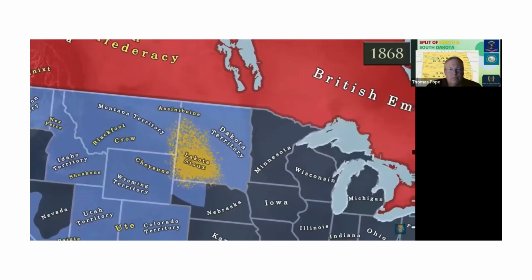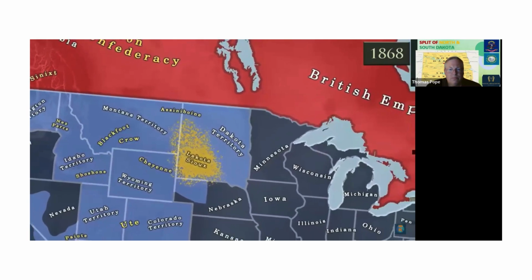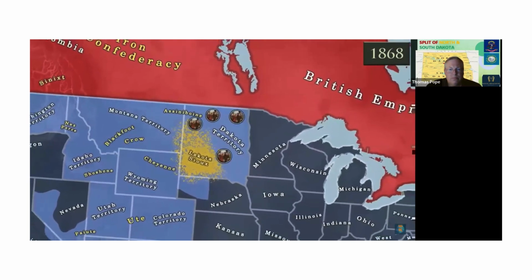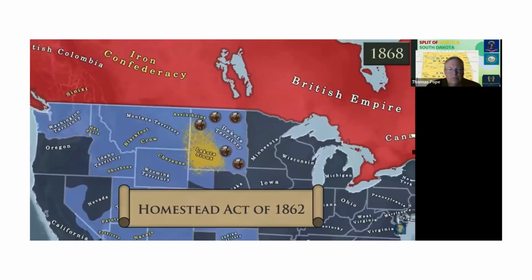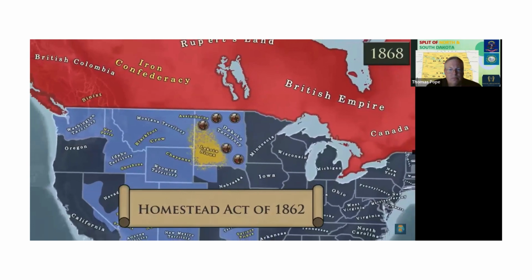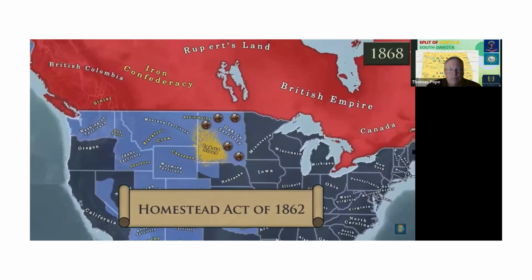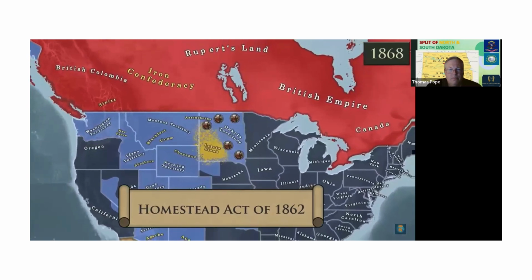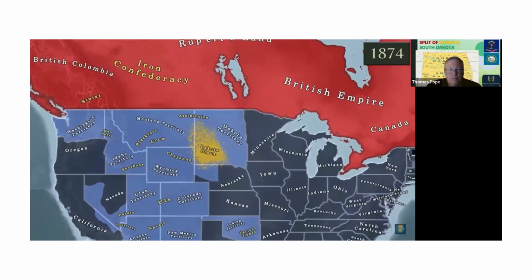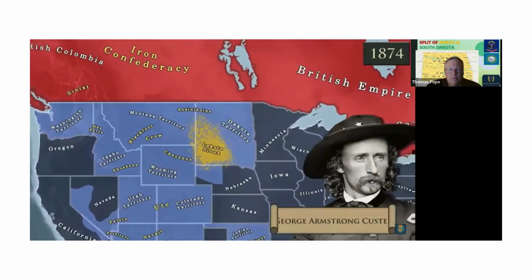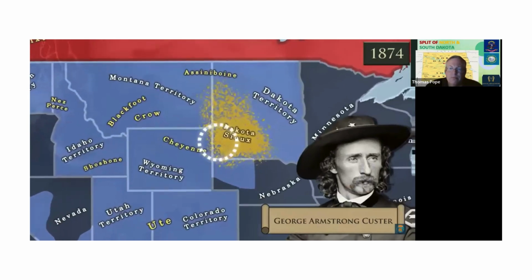Removing the Sioux cleared the way for white settlers who steadily trickled into the territory. The Homestead Act of 1862, which promised 160 acres of land to any settler, offered plenty of incentive to new settlers. As if that wasn't enough, in 1874, an expedition led by General Custer discovered gold in the Black Hills,